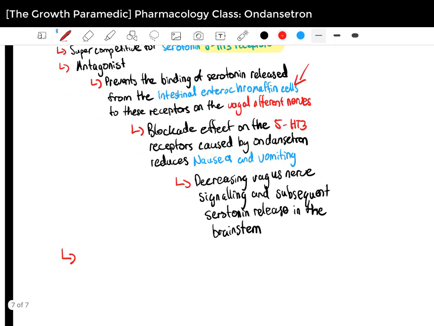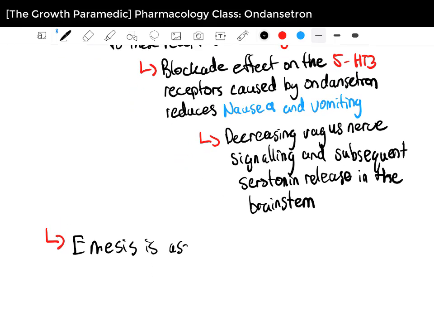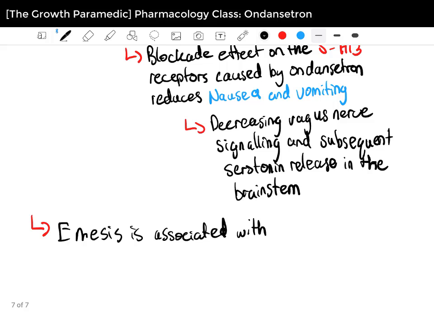It is well researched that emesis, which is that nausea and vomiting effect, is associated with increased concentration of serotonin